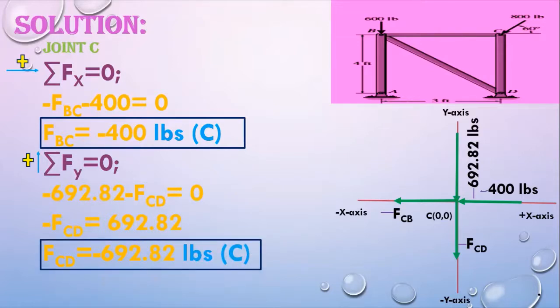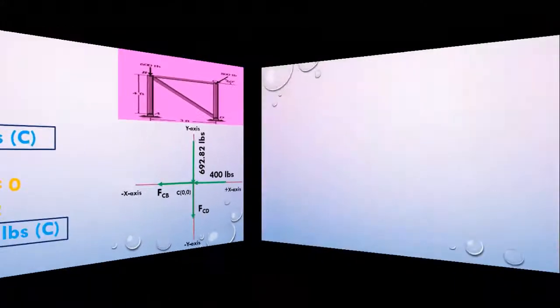You can see we have calculated the member forces here. So up till now there is no need to calculate the support reactions. But keep in mind, whenever you solve the truss, if you calculate the joint or member forces first, then still you have to calculate the support reactions to balance your structure. So we are moving towards the next slide.